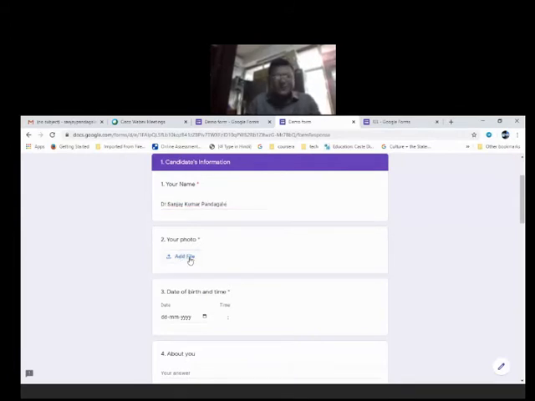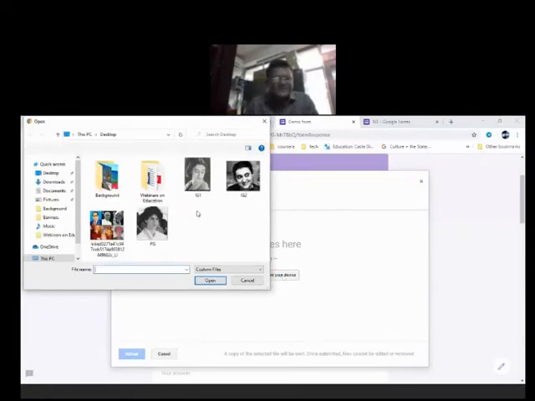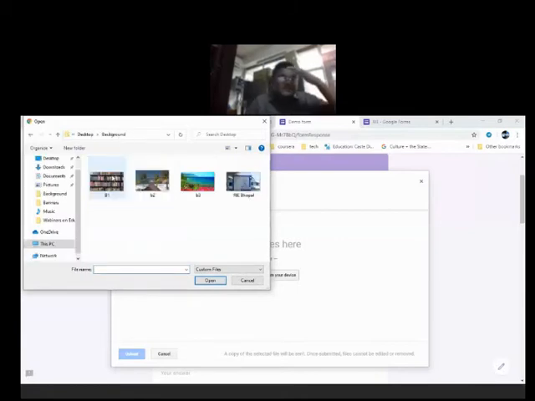Now your photo, add your file. The moment I click here, it is asking me to select files from your device. So I will go to my device and look for photographs. Suppose this is my photograph.